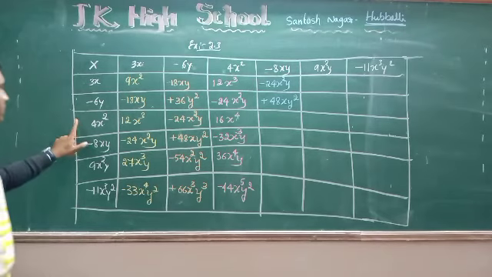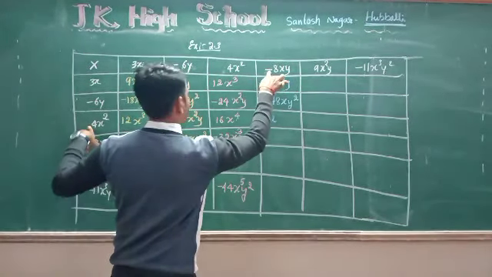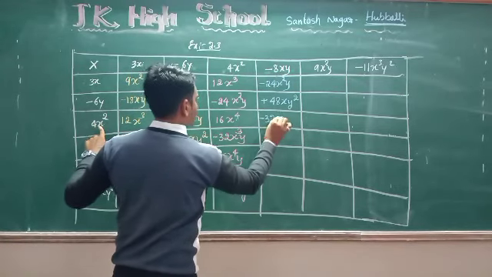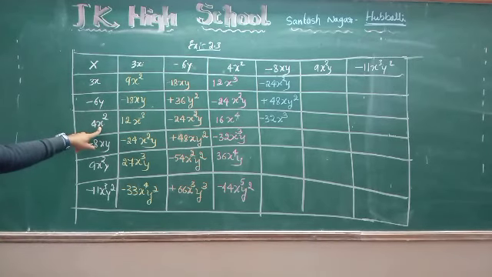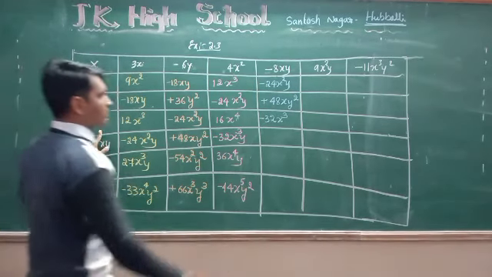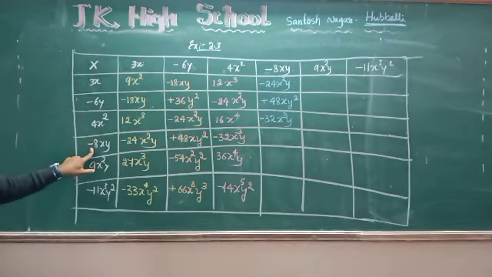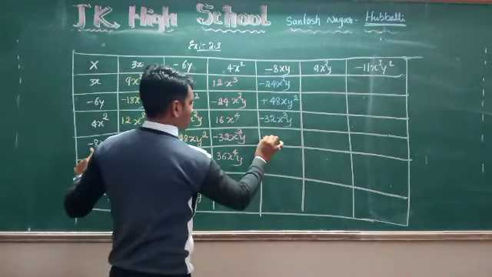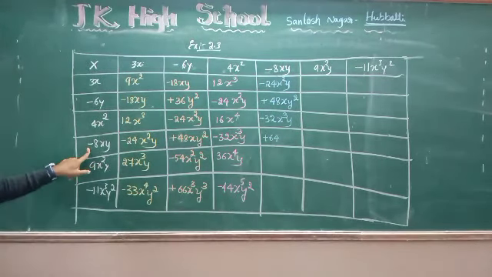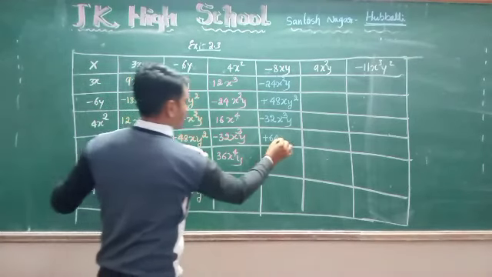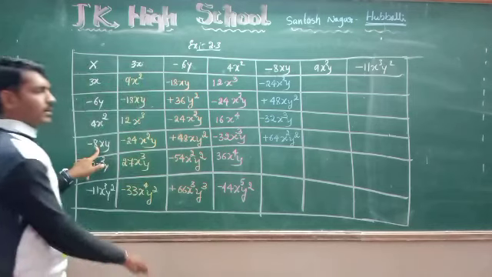Come to the third one. 4 8s are minus 32, minus into plus, minus 32. x into x square, x cube will come, correct? Next term, remaining what? y. So y keep as it is. Come to this one. 8 8s are plus 64, minus into minus plus 64. x into x square, y into y square.